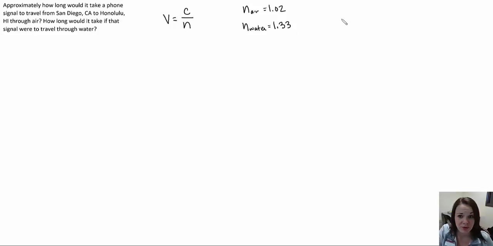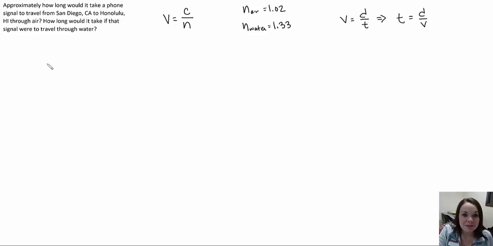The other equation we're going to need is that velocity is distance over time. Specifically, they're asking us to calculate how long, which is time. So we're being asked to solve for distance over velocity. But before we can use that equation, we need to figure out what our velocity is both in air and in the water. So to start, I'm going to identify how far